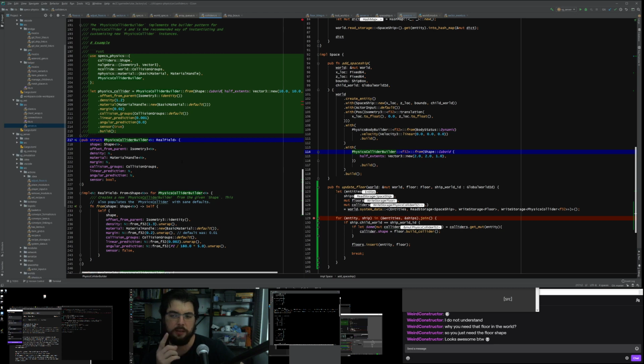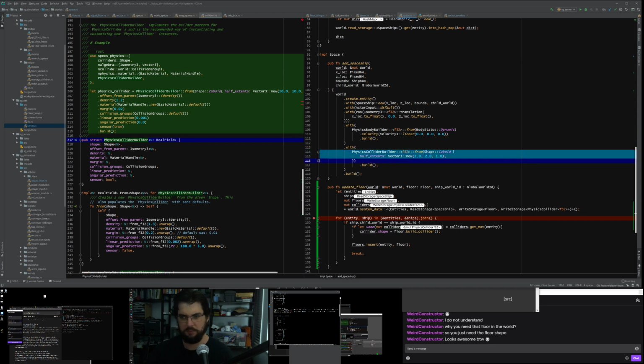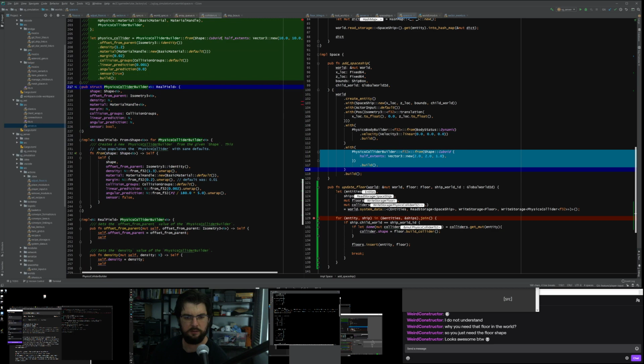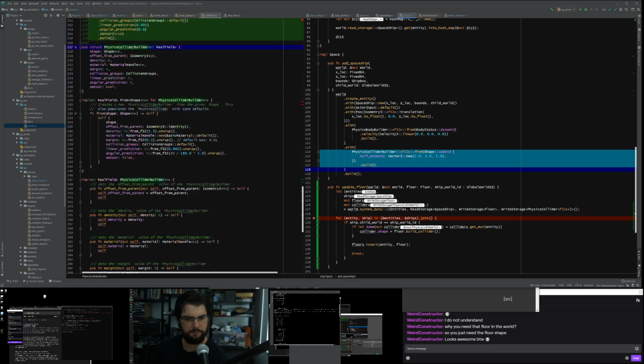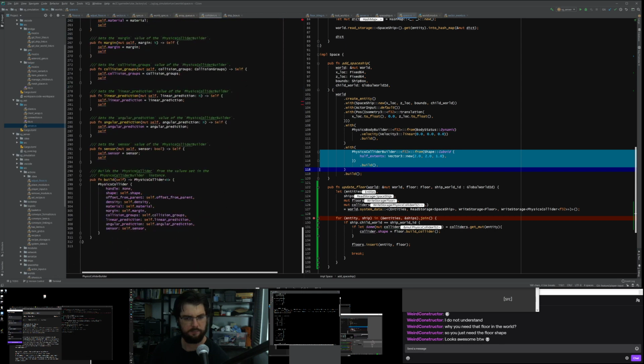That we could change it once, but we couldn't change it multiple times. Yeah, I think we're going to use Physics Collider Builder to create another collider every time the floor changes.